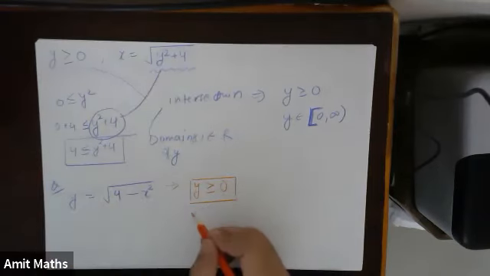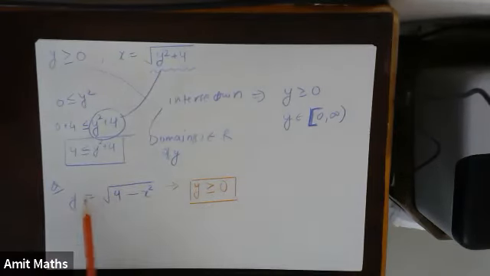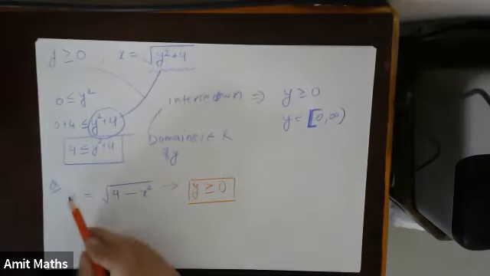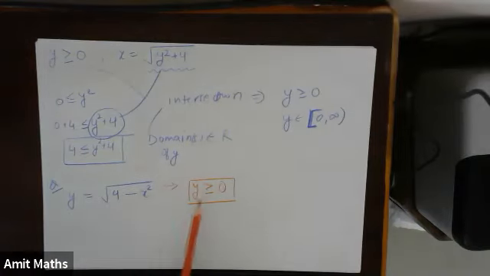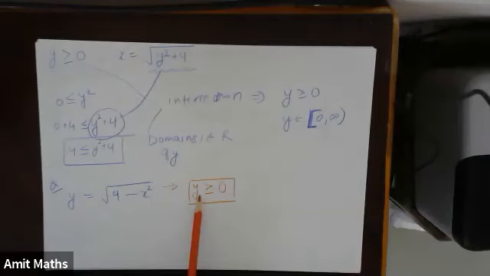And why do we have to write the condition on y? Because we know that we have to square both sides. And why are we not hesitating on squaring both sides? Because we have already taken the condition and there is an equality. So that is why we will square both sides. There is no problem.